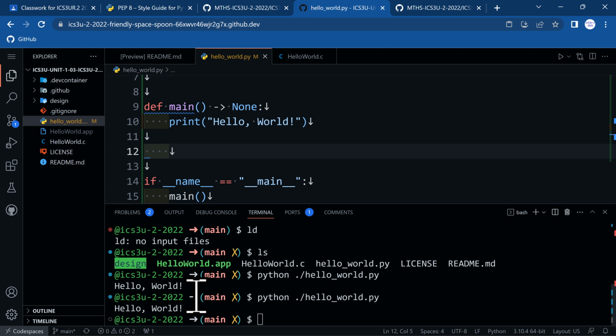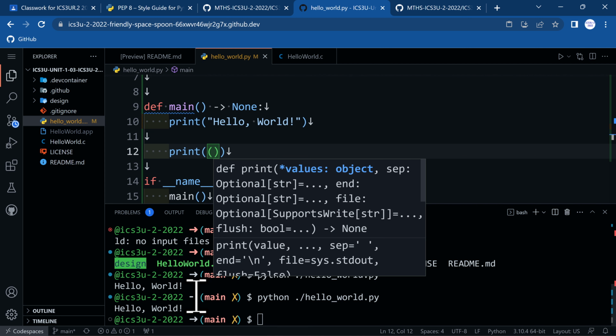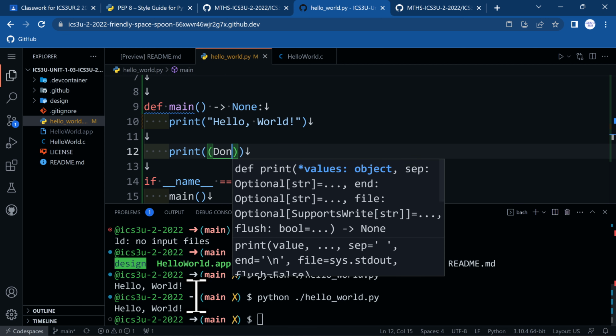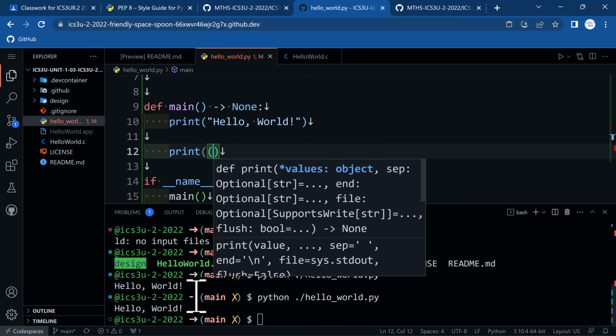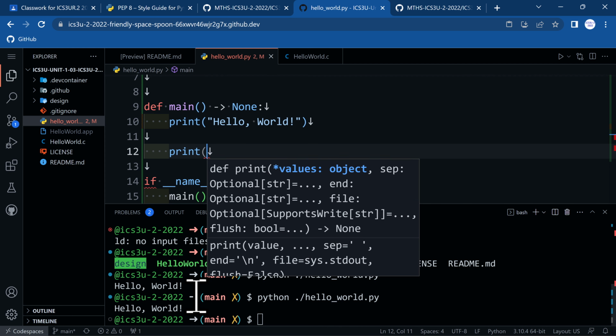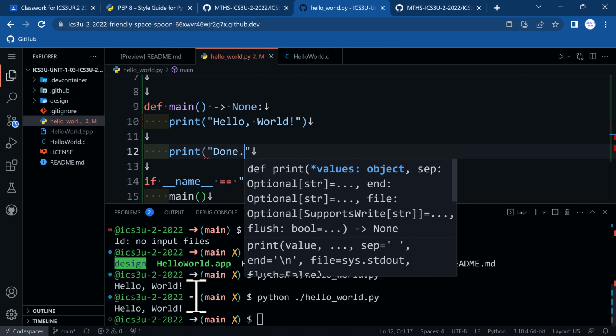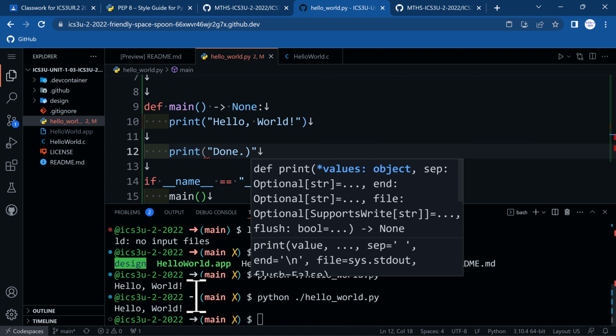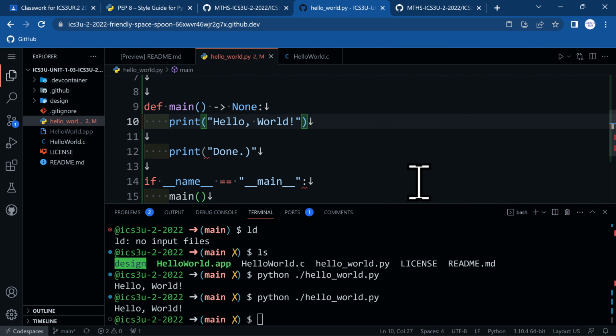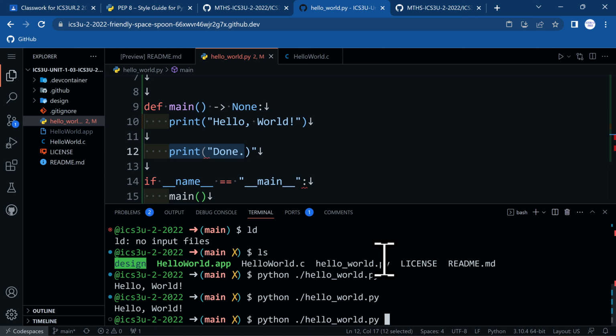So to do that, we're gonna have a print command, and we're going to, whoops, inside quotes, we're gonna write done, okay? So it's gonna print out our program, and then it's going to say done. So if I run this again,